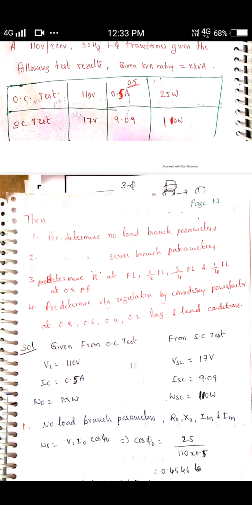After that, it asks to estimate efficiency at full load, half load, 3/4 load and 1/4 load at a power factor specified as 0.8. After that, it asks to predetermine the voltage regulation at 0.8, 0.6, 0.4, 0.2 power factor, for both lagging and leading conditions. Now if we refer to the given data, if written